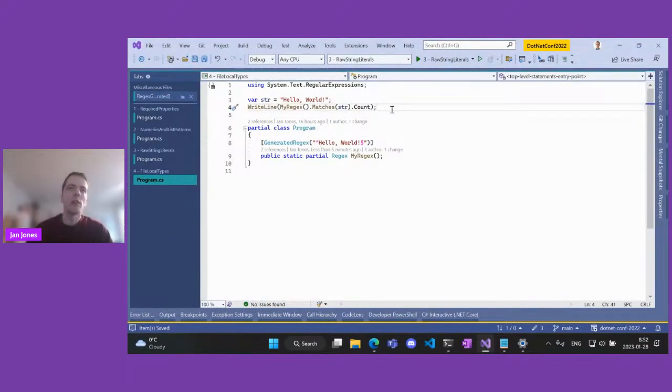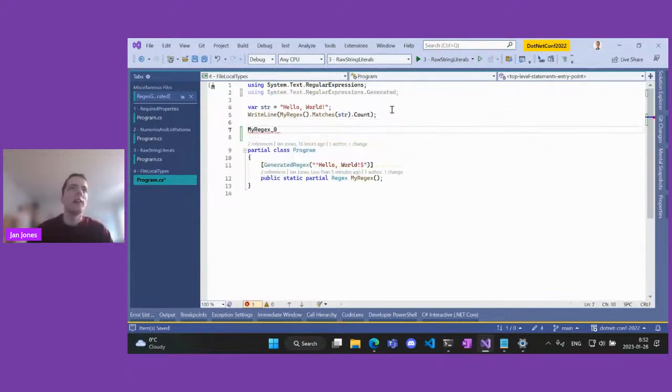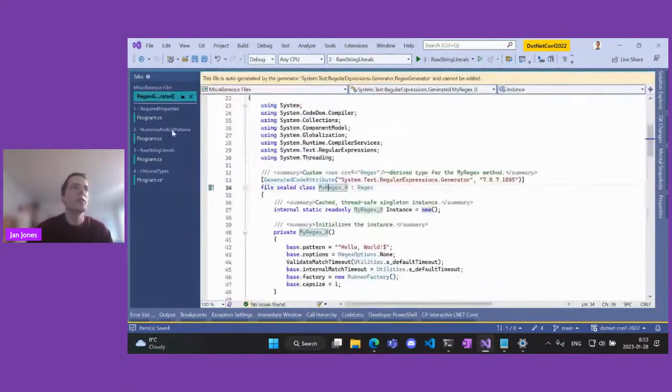without file-local types, you could see the MyRegex0 type. And what's worse, you probably wouldn't use it on your own, but you could have a type of the same name accidentally already in your code, and the source generator would generate it again. That would be a conflict, right? And even if that wouldn't happen and you thought you could use it, and then depended on some implementation detail, that's also not good.